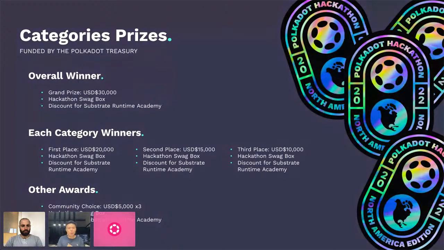On top of that, we are going to empower everyone in the public to cast your vote across all the submissions that have been made after the submission deadline, to crown the Community Choice Awards. We will be awarding 3 teams, who will be walking away with 5,000 each, as well as their crown as Community Choice teams.